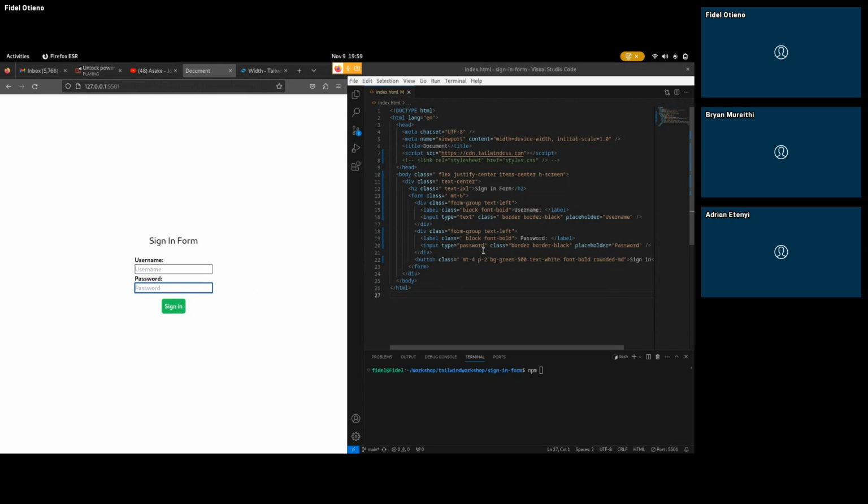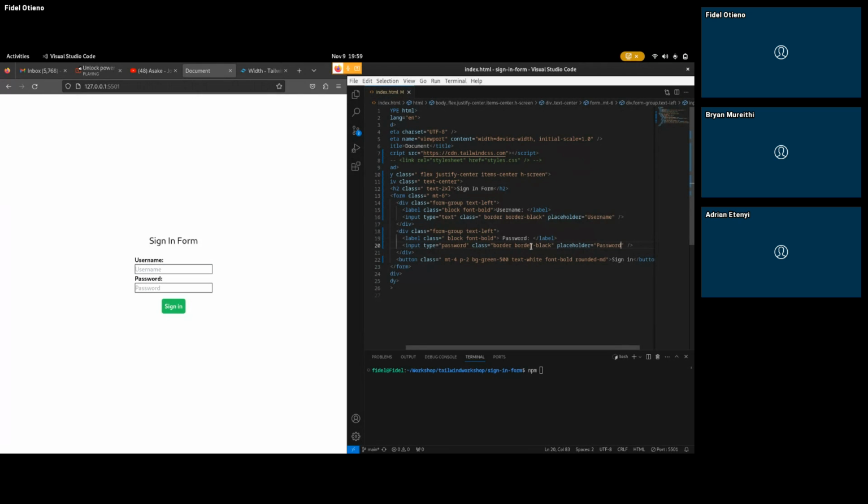Let's give a bit of margin, because the placeholder is too close to the borders. Let's see how it turns out. Margin X, I think margin X can be 2. Oops, no, it was supposed to be padding. Sorry. Yeah, so there's a bit of space. Let's do the same for